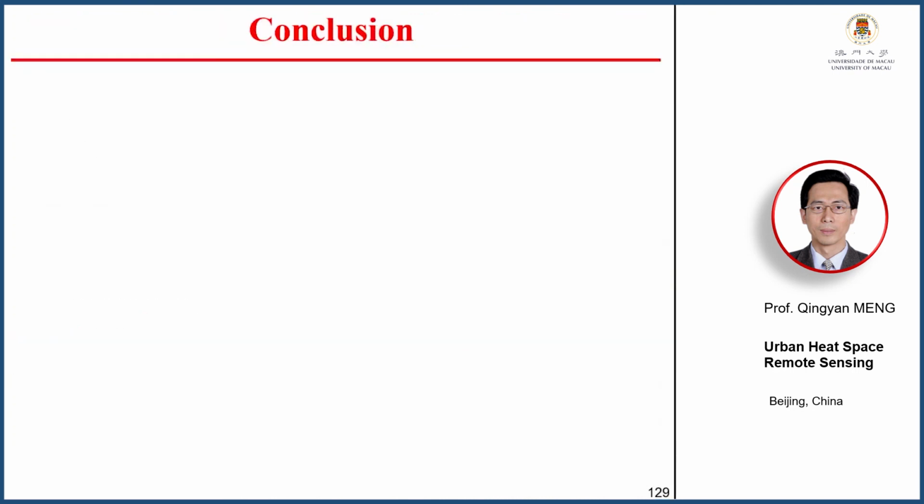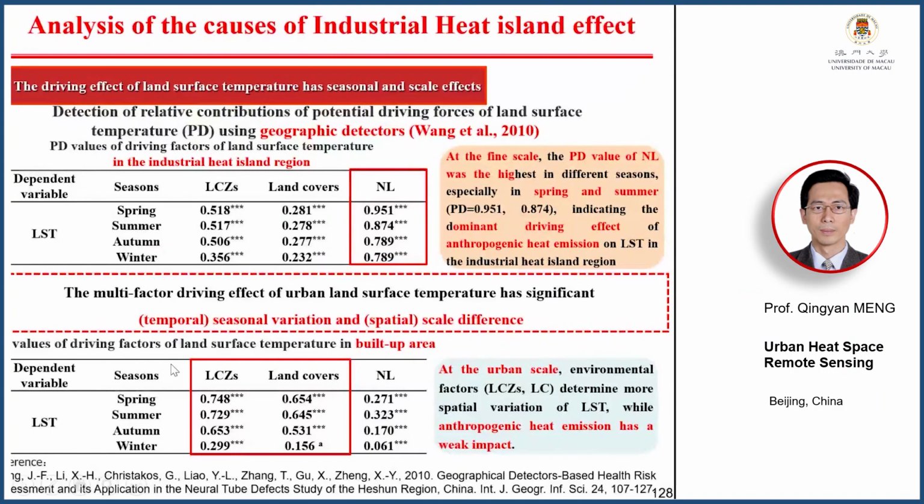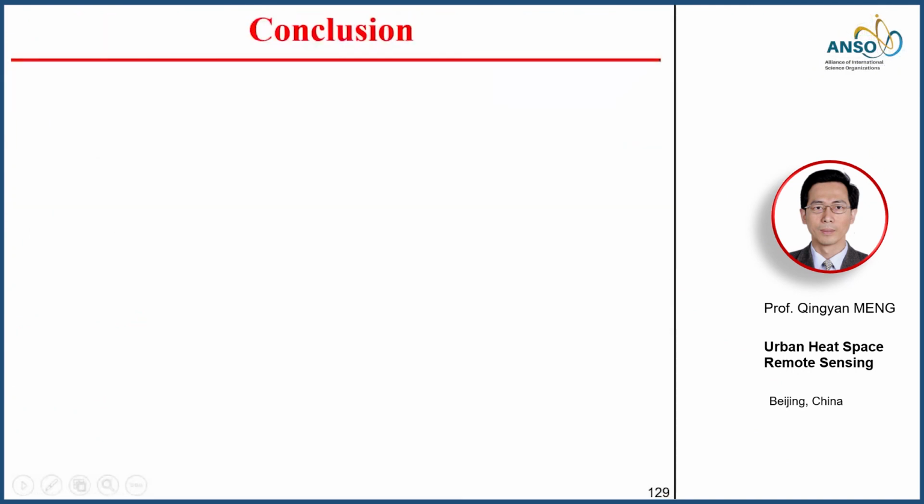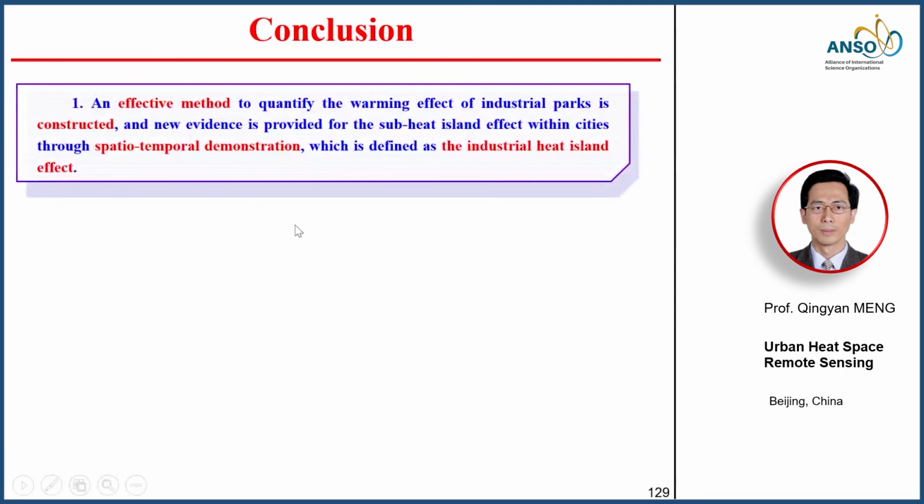Then the multi-factor driving effect on urban land surface temperature has significant temporal, seasonal variation and spatial scale difference. So we should study it. Let's draw the conclusion of this part. An effective method to quantify the warming effect of industrial parks is constructed, and new evidence is provided for the sub-heat island effect within cities through spatial temporal demonstration, which was first put forward by us as the industrial heat island effect,